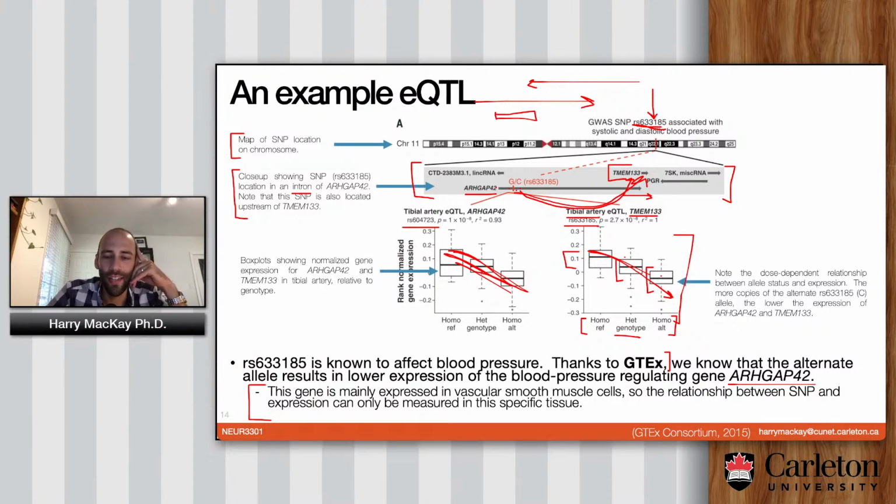I don't think I'd ask you to interpret this for an exam, but certain pieces of this you may. Understanding how to read a box plot and what it means to say that there's a dose response curve between genotypes, where if you're homozygous for the reference allele, you've got more expression than if you're homozygous for the alternate allele. That kind of thing could be in there, but I'm not going to try to torture you with some kind of crazy weird diagram that you've never seen before. If I do it, it would be a very schematic version that should be pretty straightforward if you've been following along.